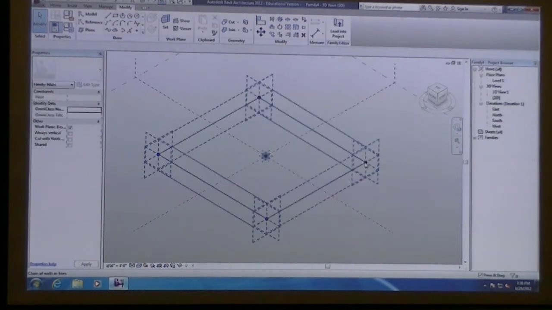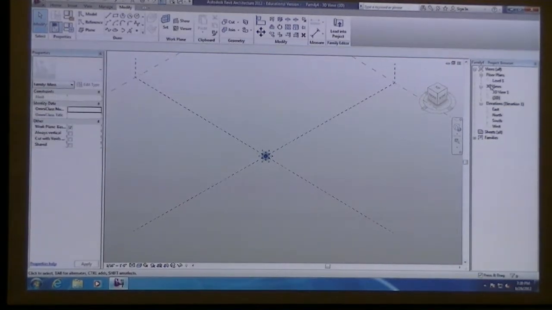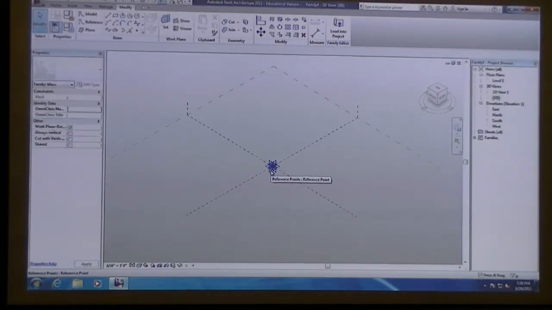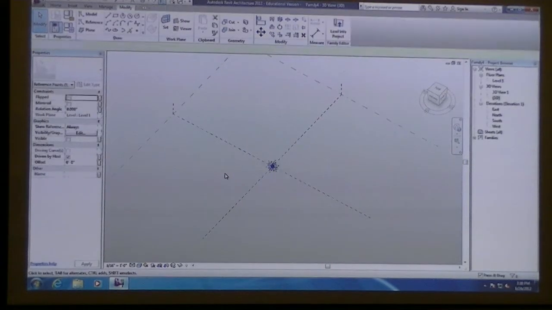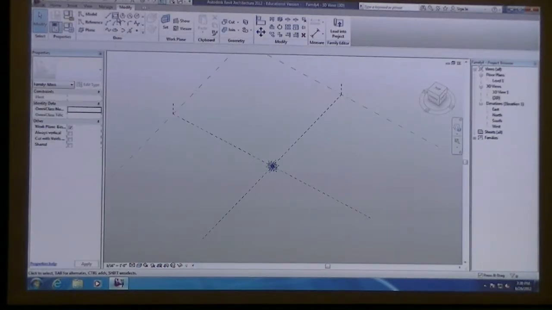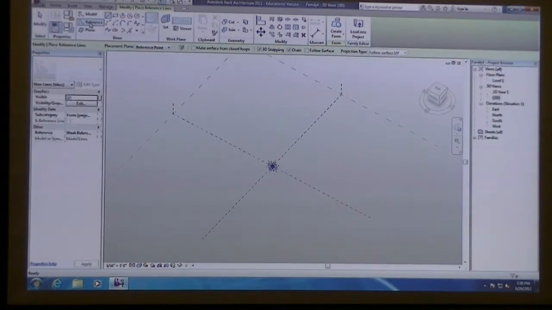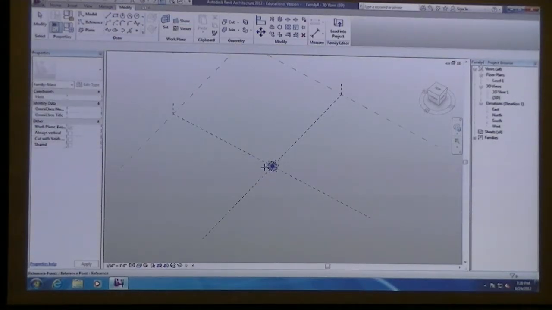Yeah, I'm gonna delete that and start over here. It might be easier to even do it in 3D. Let's try it that way. So again, I'm going to click on reference line. Instead of model lines, click on reference. And I'm going to pick, and you might get an extra dialog box that pops up that says pick a plane, but I'm going to pick this horizontal plane of the point.